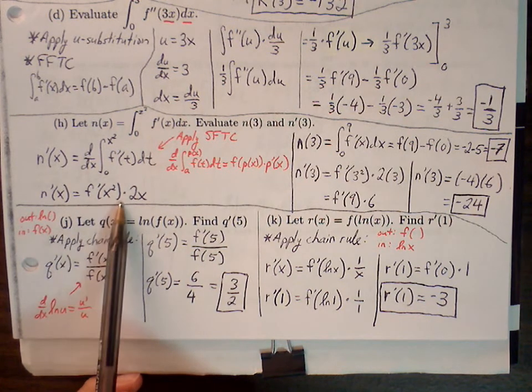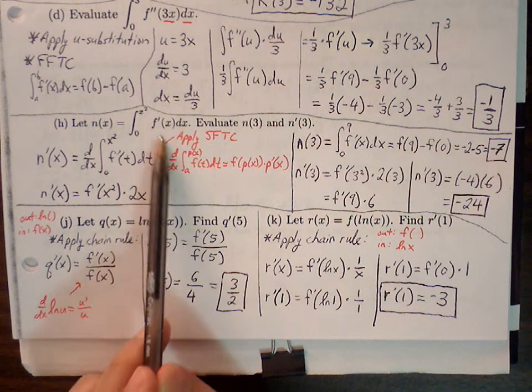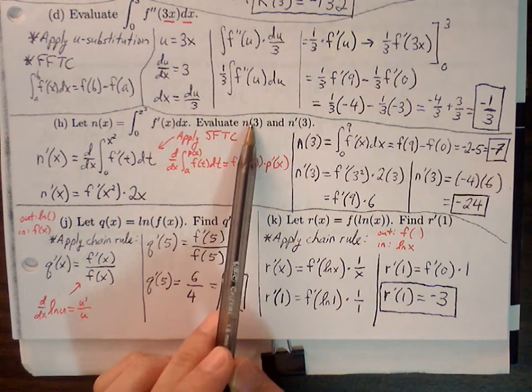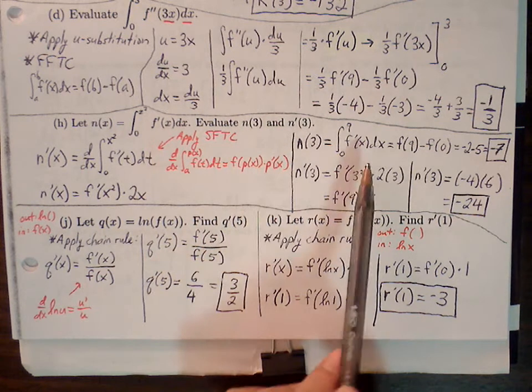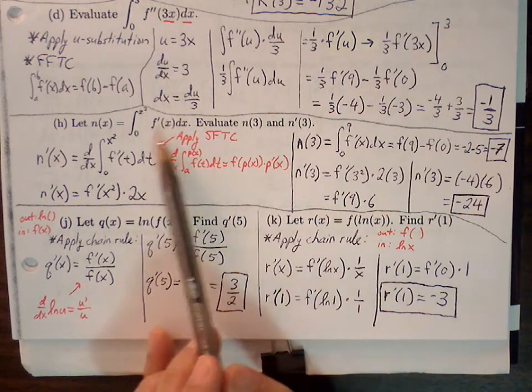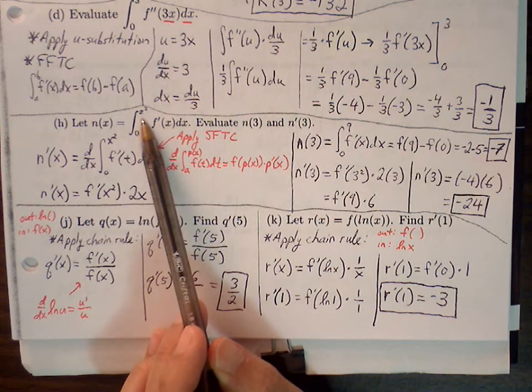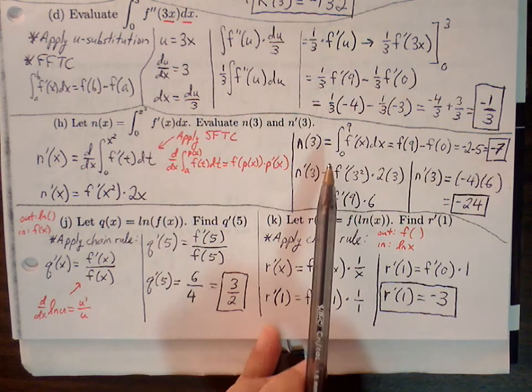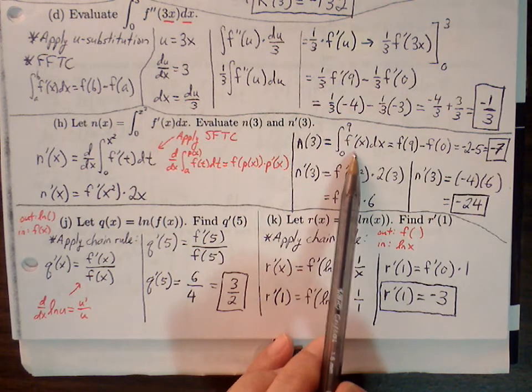All right, so now we have a definition for N prime, and we have a definition for N of x. So now let's find those specific values. N of 3 is the definite integral from 0 to 3 squared. 0 to 3 squared, that's the same thing as 0 to 9. So the definite integral from 0 to 9 of f prime. We don't have,